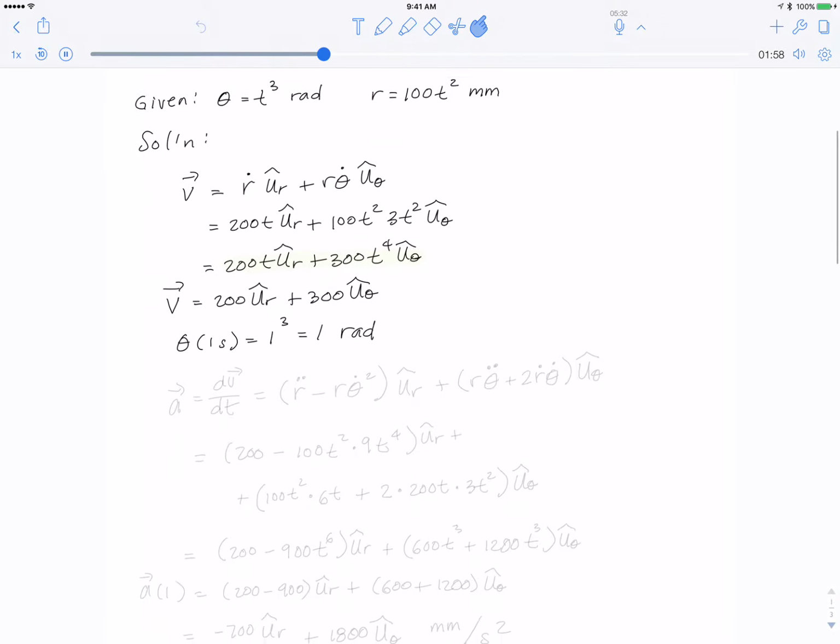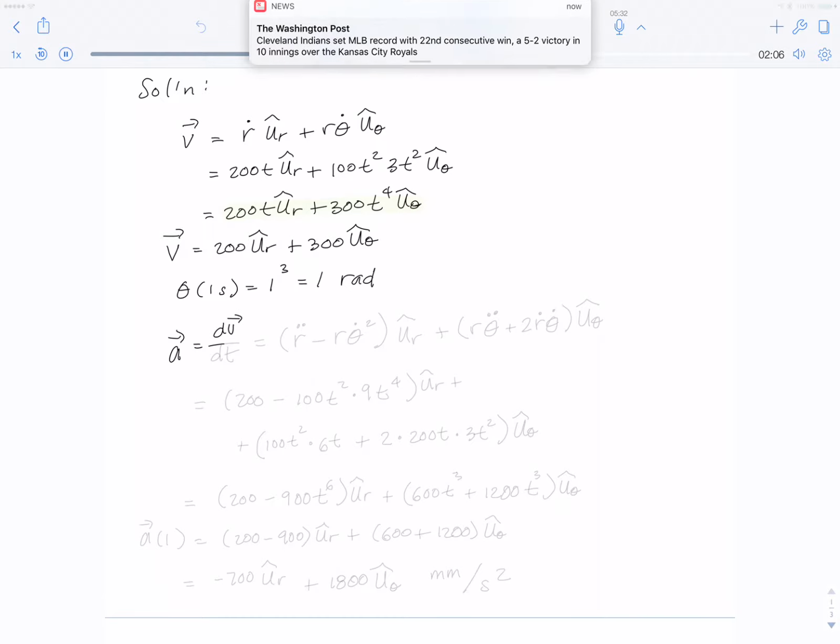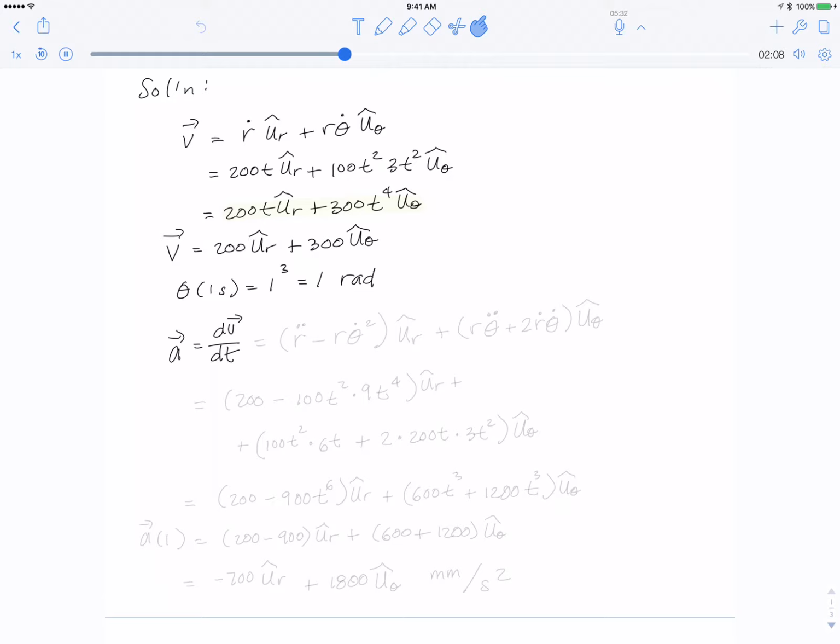Okay, so to get the acceleration, you might be tempted to do this: a is dv dt, because you're thinking, oh, I could just take the derivative of this. But you would be wrong. And the reason is u r and u theta are changing too, so you need to get the derivatives of the unit vectors. But we've already done that, and that's why we now know dv dt is